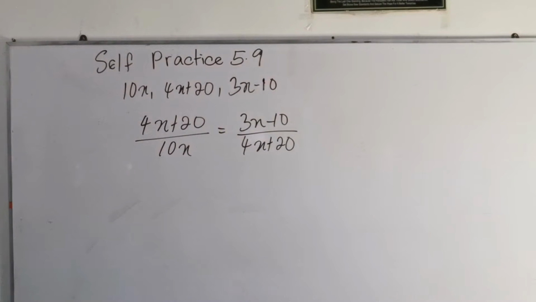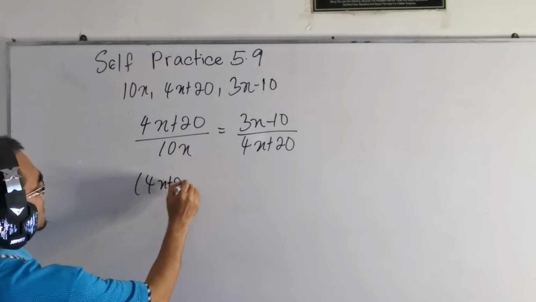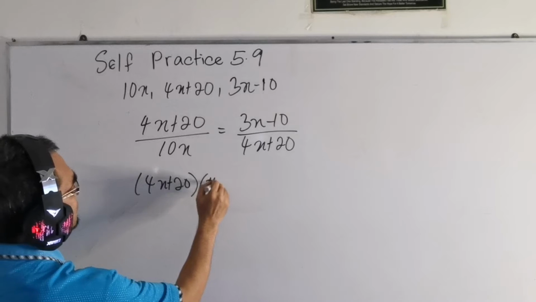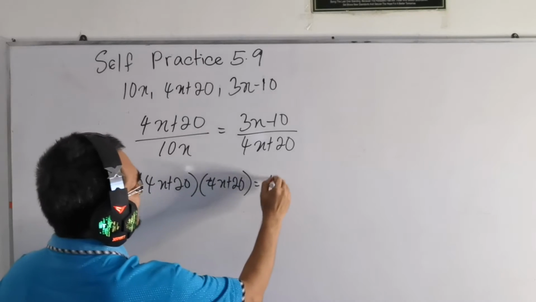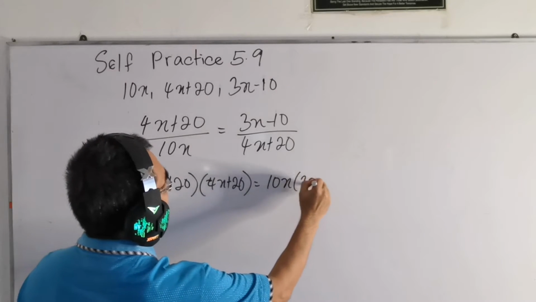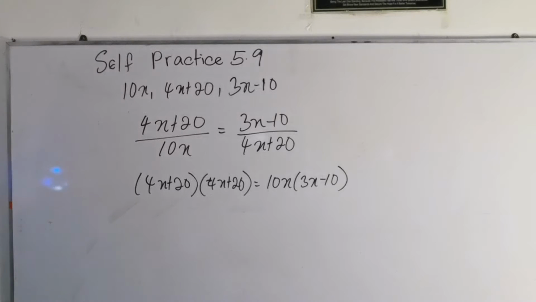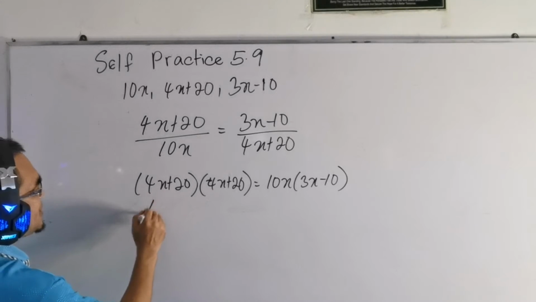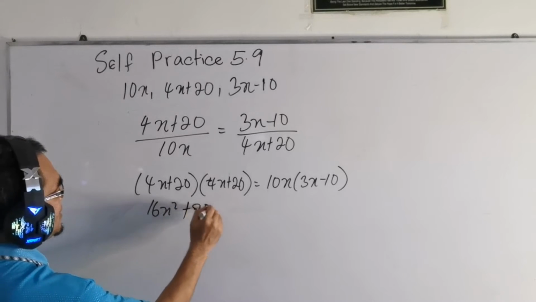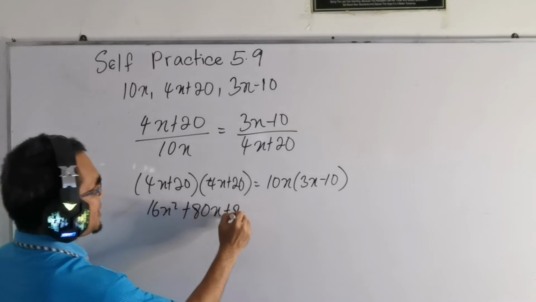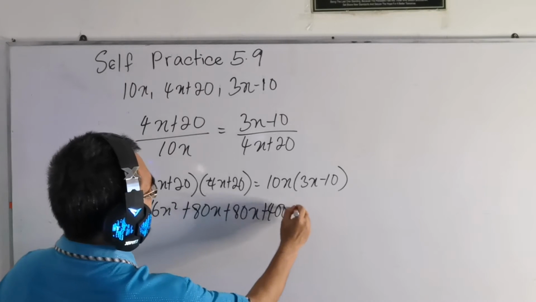Okay, and then we cross multiply, so we have 4x plus 20 times 4x plus 20 equals 10x times 3x minus 10. And then we expand the bracket, we'll have 16x squared plus 80x plus 80x plus 400 equals